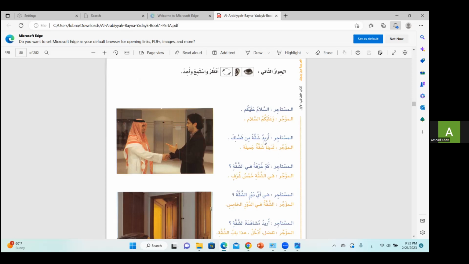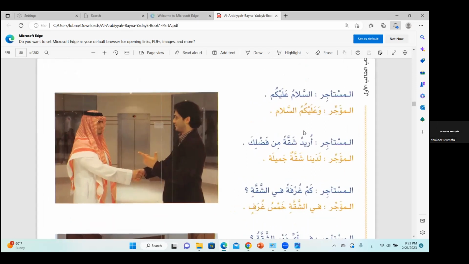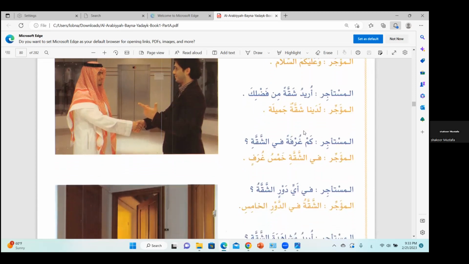من الذي سيقرأ؟ I will read. مستأجر. مؤجر. أنا مؤجر. تفضل. السلام عليكم. وعليكم السلام. أريد شقة من فضلك. لدينا شقة جميلة. كم غرفة في الشقة؟ في شقتي خمس غرف. في أي دور